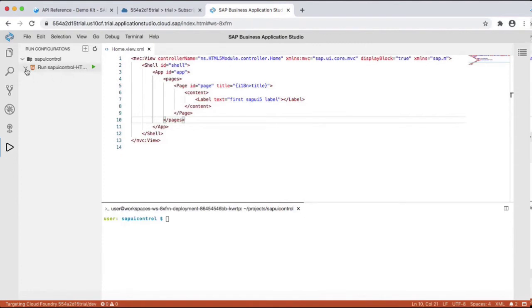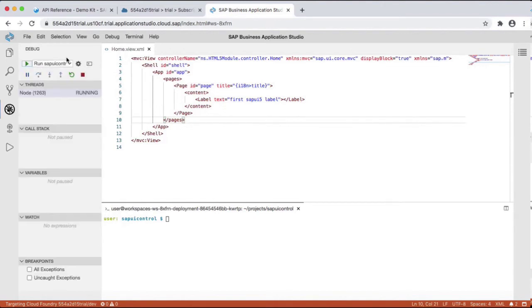So a new run configuration is created. Now we can use this run configuration to run this project locally and debug it. So I'll go to the debug tab and I'll select the appropriate run configuration and I'll select start debugging.